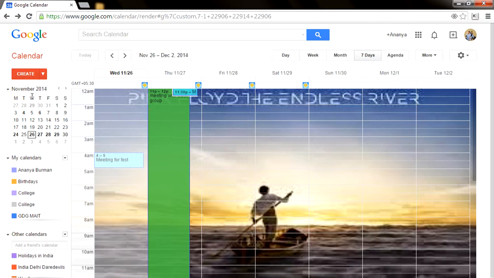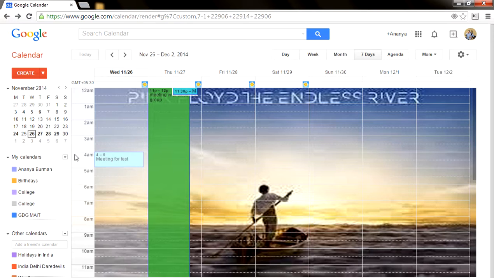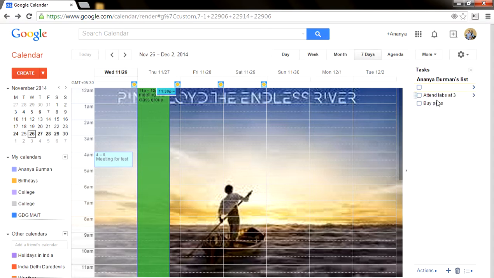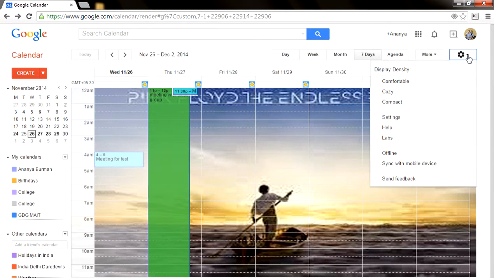Another option here is the to-do list. The to-do list is here, tasks. So if you want to do some task during the day and you want to be reminded of, you can just add few tasks. A calendar is different from a to-do list and they've synced it together. So this is a to-do list and you can just add, suppose, buying coffee, and it will remind you. That's it, that's done. Okay,